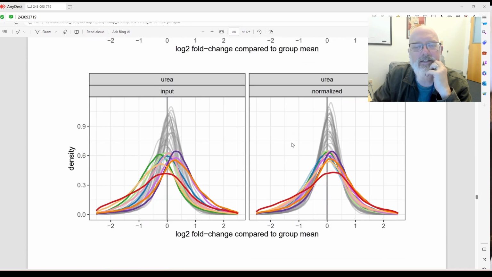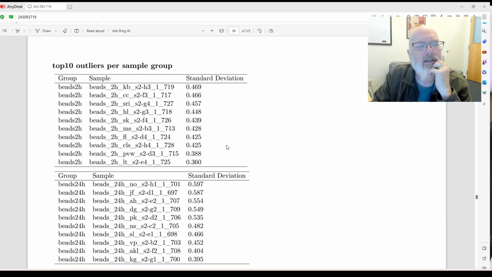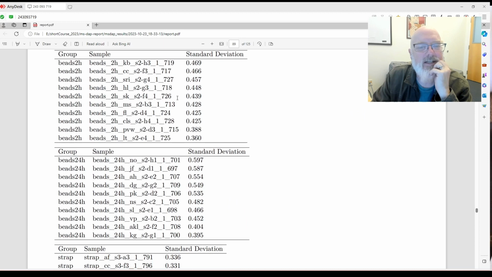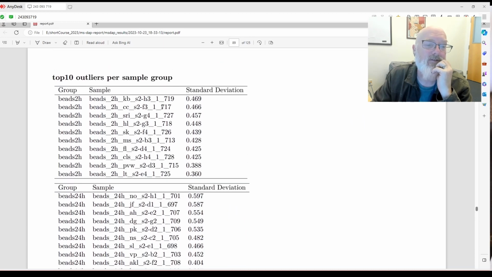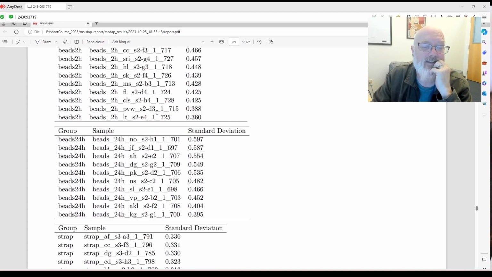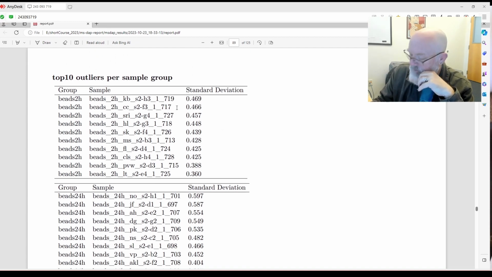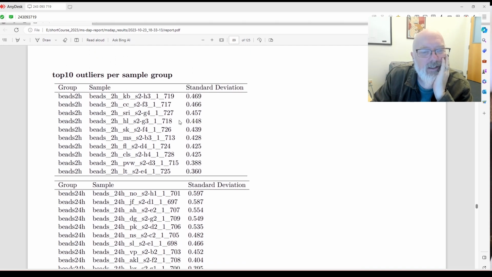And urea. Okay, that looks pretty good. All right. And it gives you the top 10 outliers per sample. So maybe you'd exclude those, but 10 is a lot. So maybe you'd exclude, for example, we're going to exclude